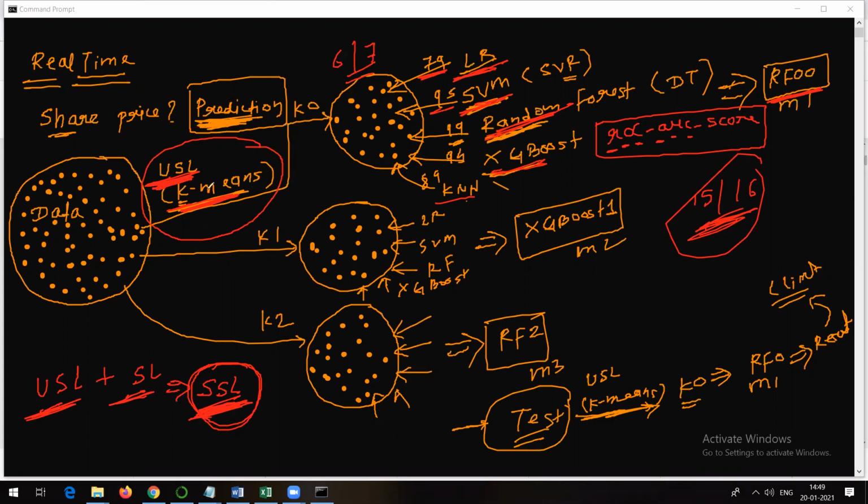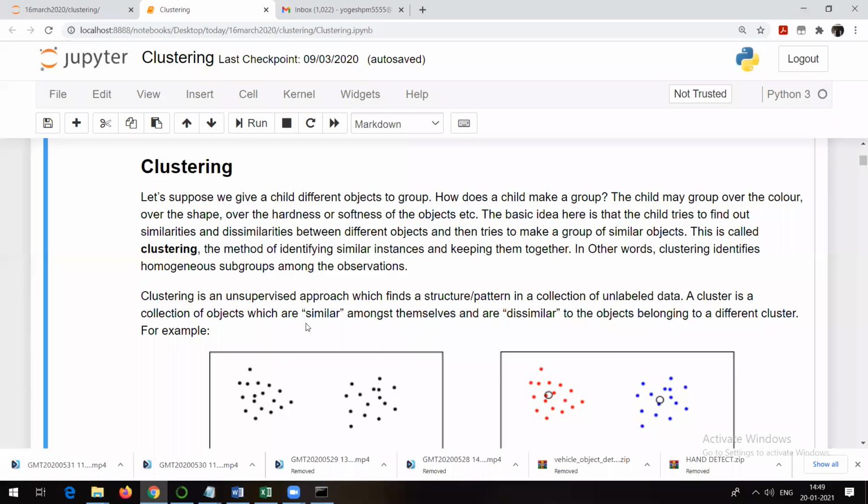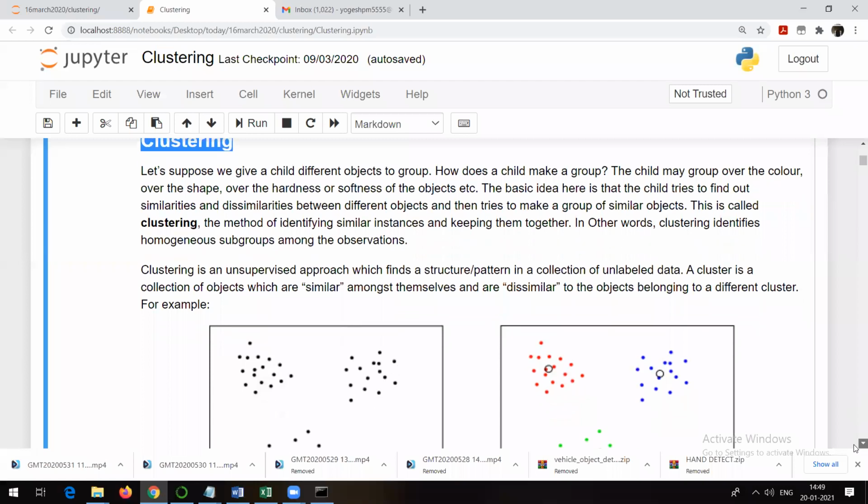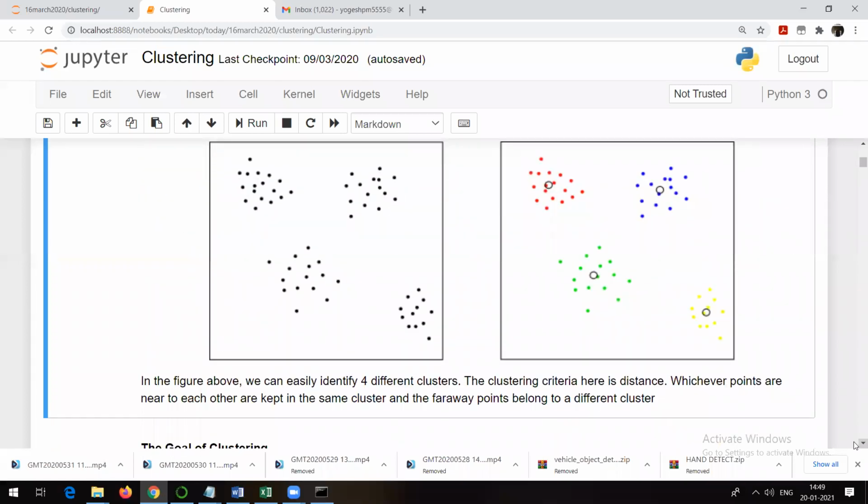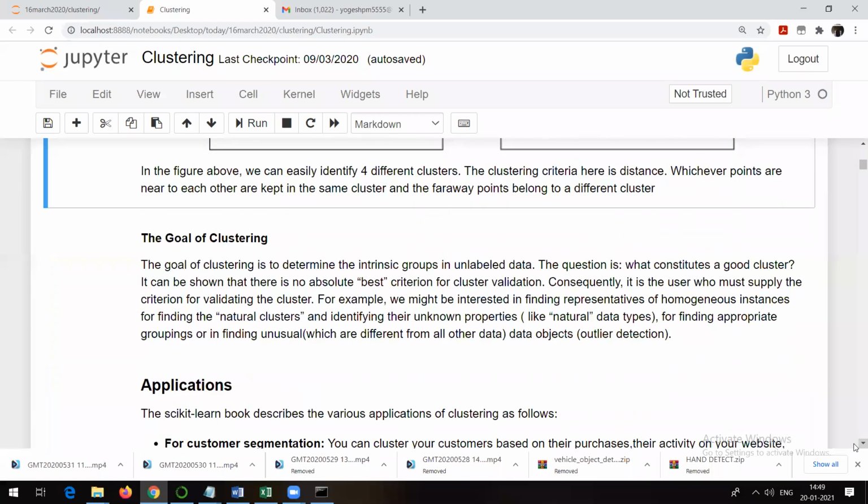What is the purpose of the unsupervised learning approach? I will just clear this and then go to the notebook and continue our discussion. Yesterday we talked about clustering. I told you clustering is nothing but grouping. This particular diagram shows you what clustering is. Now let me talk about